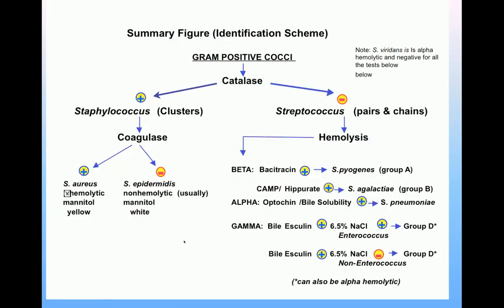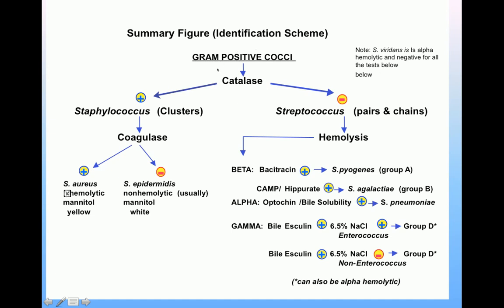Now, I'm going to summarize the gram-positive cocci, which we have discussed in detail in the previous few lectures. This slide is very important because you get not only MCQs from this, you are also going to see OSPEs based on this slide, and you are asked about it as part of your table viva. Now, once you isolate these gram-positive cocci in the laboratory, the first thing you are going to do is perform a catalase test.